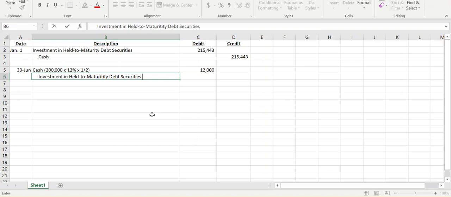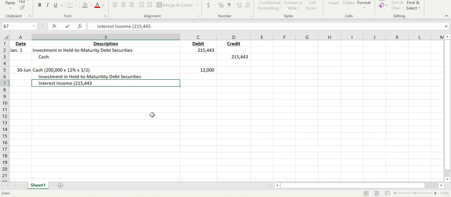And so we're looking at that. We're going to come back to that because it's going to be kind of our plug number here. And then we have to record interest income. And our interest income, we always take using the effective interest rate method. We take the prior carrying value. So in this case, the